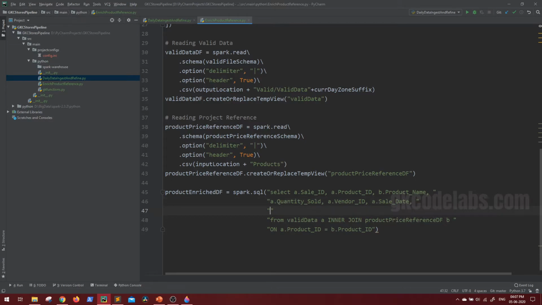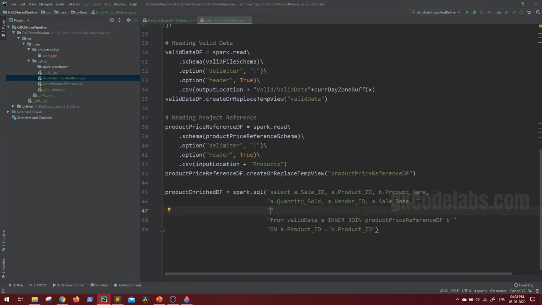So almost everything is there. Now we just have to calculate the sale amount. So let us take it as a new column. In SQL, you are free to use any order of the columns, so it will give sale ID and all these columns in this order, and after sale date, here let us define the logic we are going to write for calculating the sale amount.